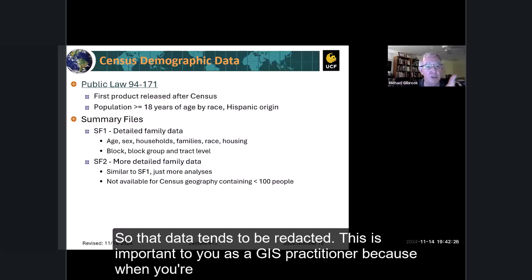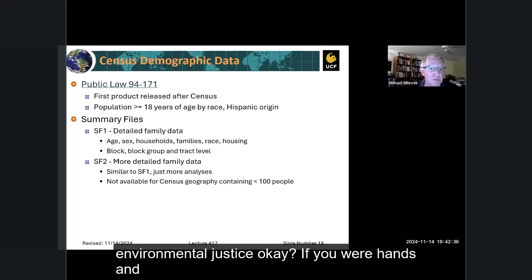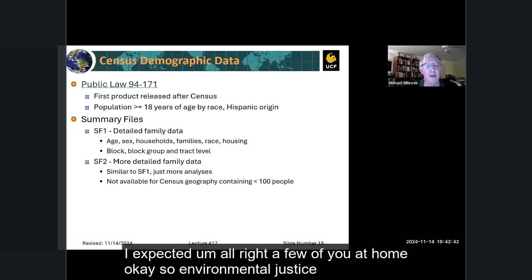This is important to you as a GIS practitioner because when you're trying to do socio-demographic analysis, how many of you are familiar with the concept of environmental justice? Okay, fewer hands than I expected. All right, a few of you at home. Okay, so environmental justice,